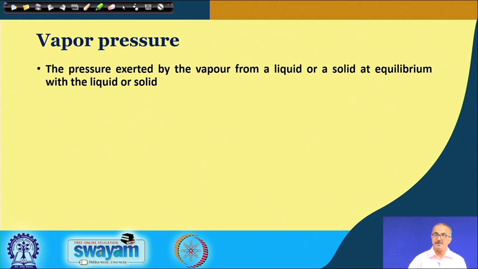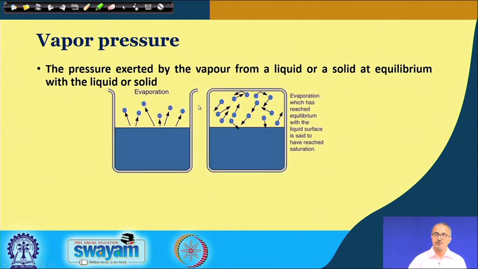Now, next is the vapor pressure. This is the pressure exerted by the vapor from a liquid or a solid at equilibrium with the solid or liquid. Here I have shown with the liquid that whenever a liquid is put, it is vaporizing, okay, at any temperature. So, if you do not keep it closed, you find that the vapors are going out. So, there is no pressure on the liquid, but if you keep it closed, that is, it is a closed system, okay, we find that these vapors will not be able to go out,